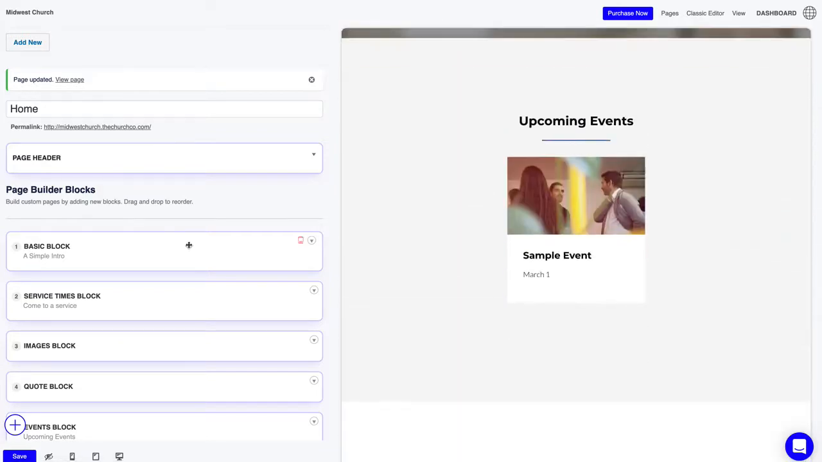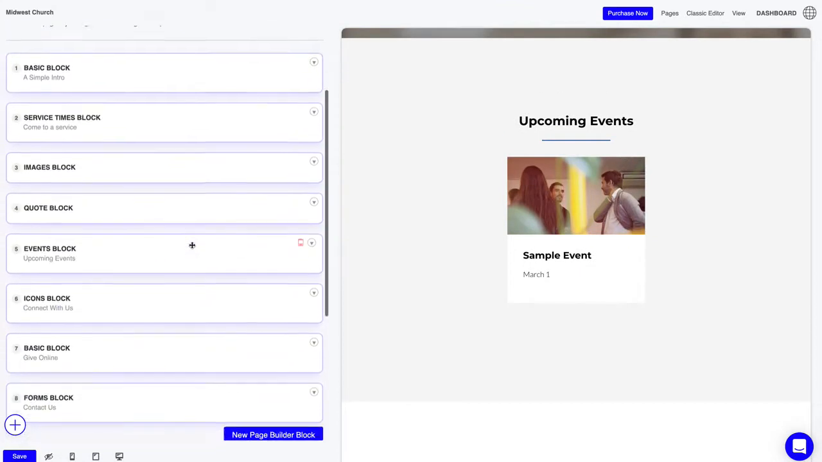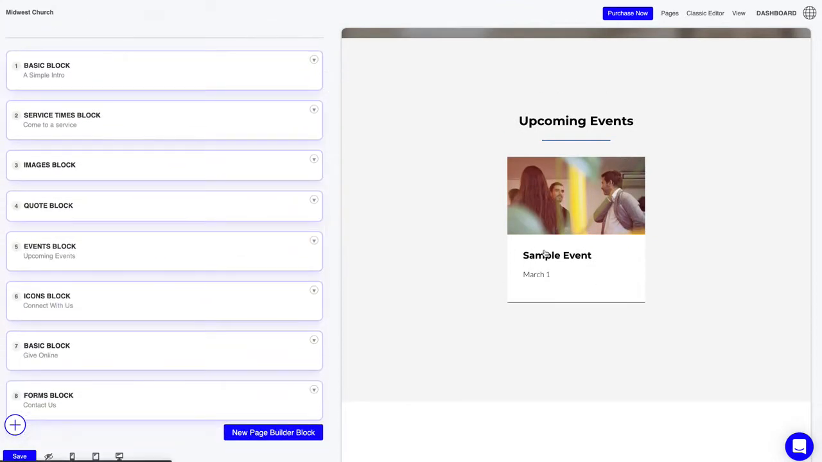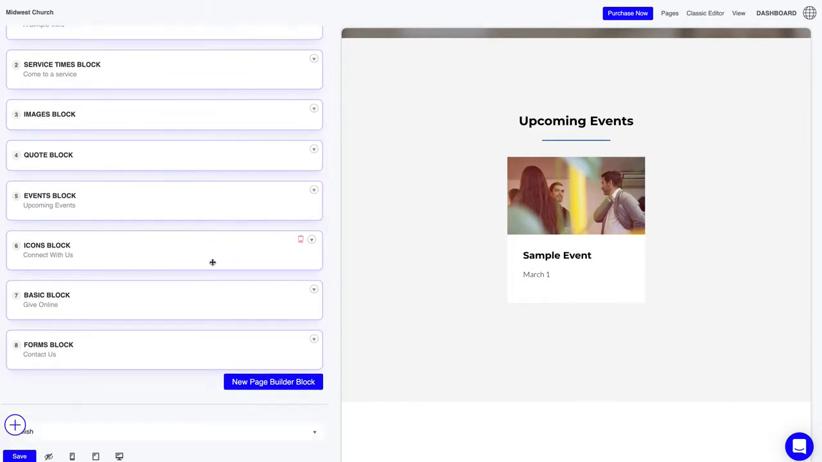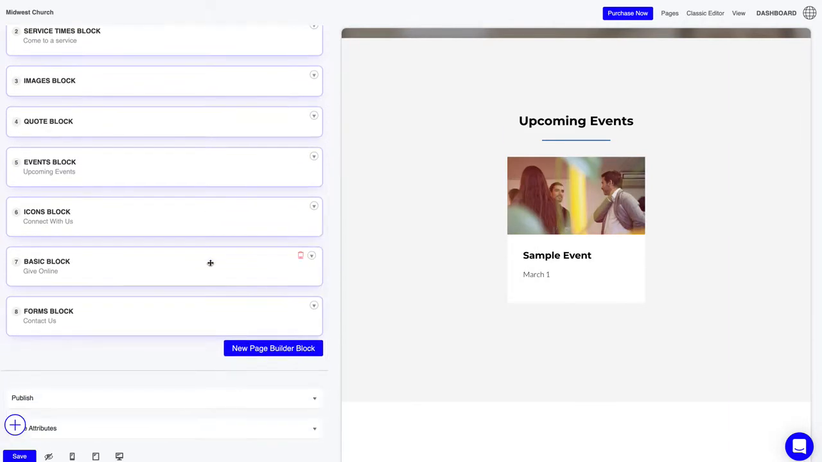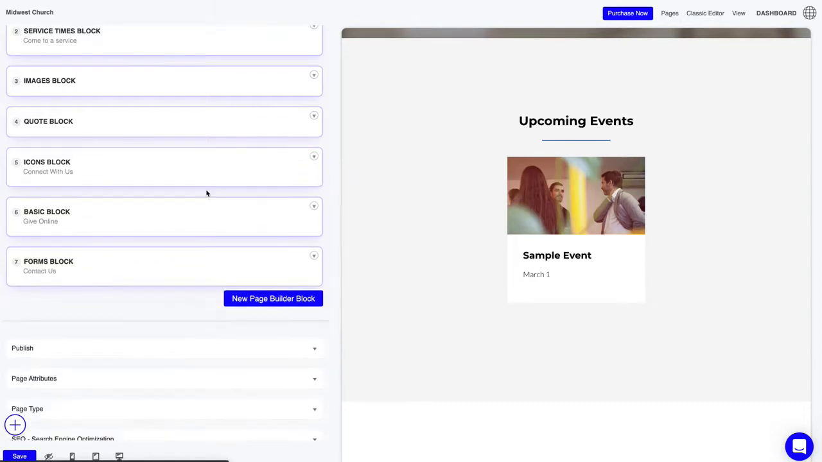And you know what? Let's say, hey, I don't have any events right now. See, this just says sample event. I'm not ready to display our events. Maybe you're just launching your church site. You haven't started to populate your website with events yet. Well, that's easy. You could either delete the block, so we can remove it,